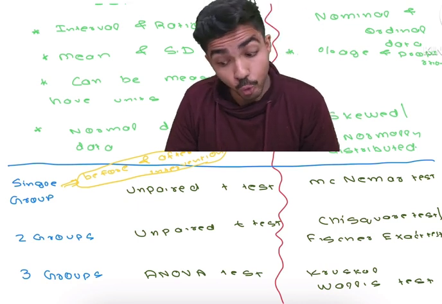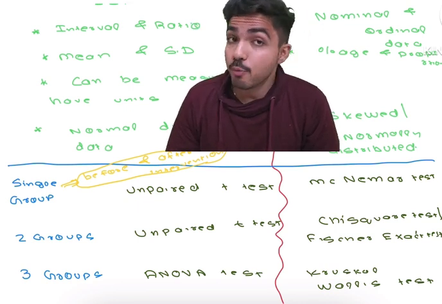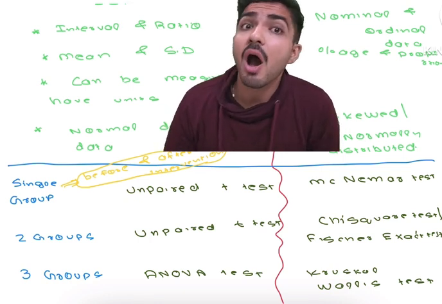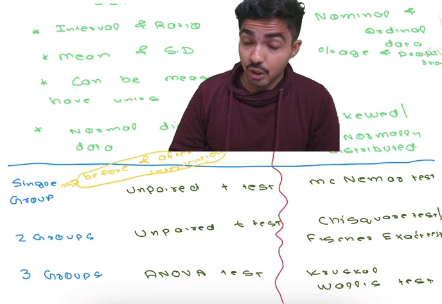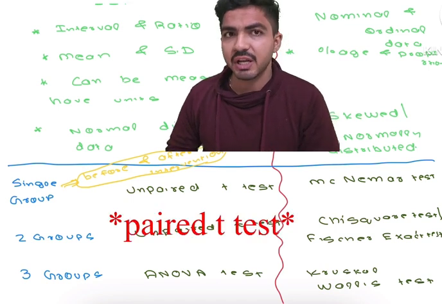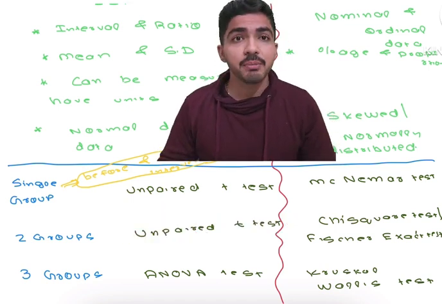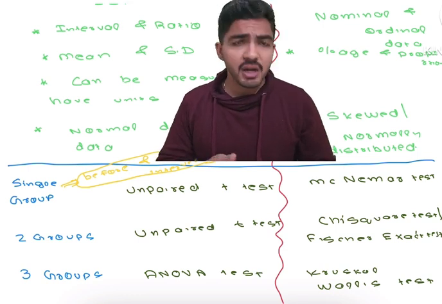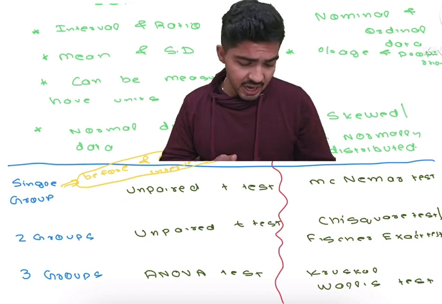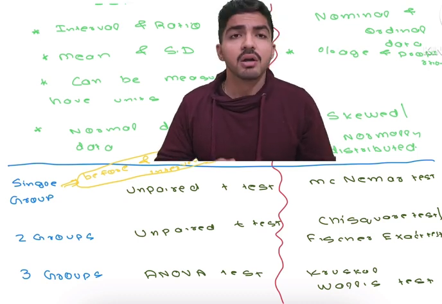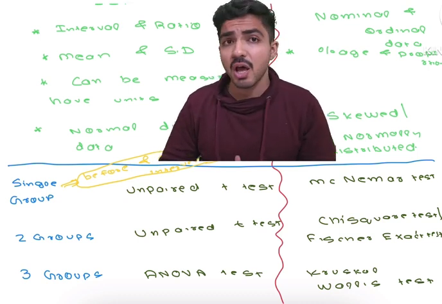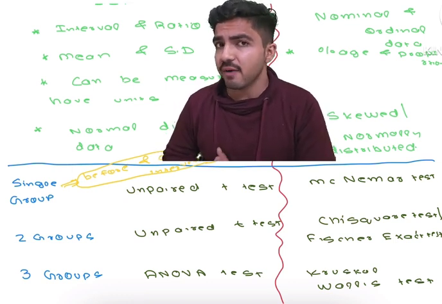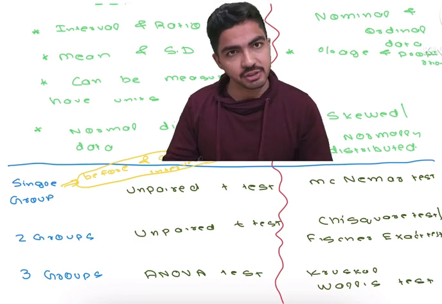So there are two groups. It is hemoglobin level which is being checked, and hemoglobin level is a quantitative data. So the test which I have to apply is unpaired t-test. And same case, if I take three groups or more than three groups, I checked hemoglobin level in dengue patients, in typhoid patients, and in cholera patients, and in another group of patients. Means there are more than two groups, three or more groups. So the test which I have to apply is the ANOVA test.